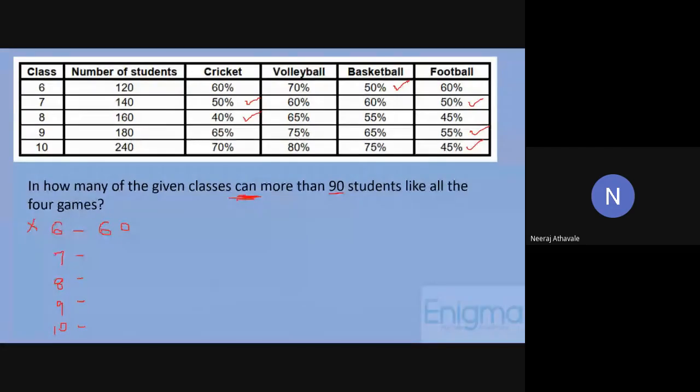Okay, so minimum value जब हम लेते हैं, for example इस केस में 45% है. Now we can assume that ये 45% ये बाकी तीनों games में भी common है. ये जो 45% है that is common to the remaining 3 games as well. Instead, if I take this 80% value, okay, now 80% like volleyball for sure. But because 80% is greater than 45%, I cannot say that all 80% like football. That's why I took the minimum value.